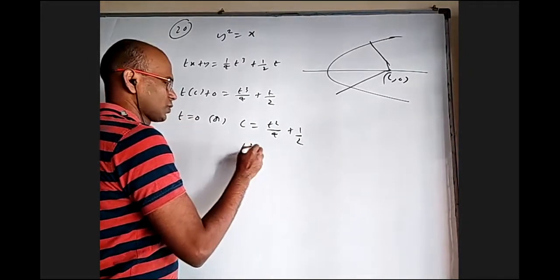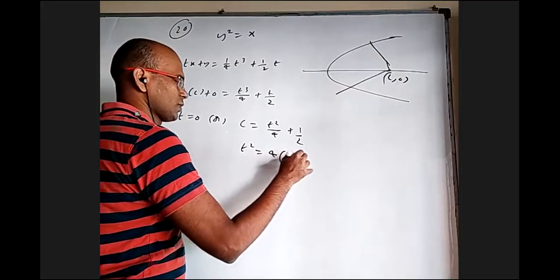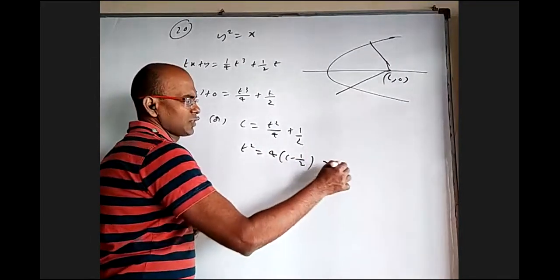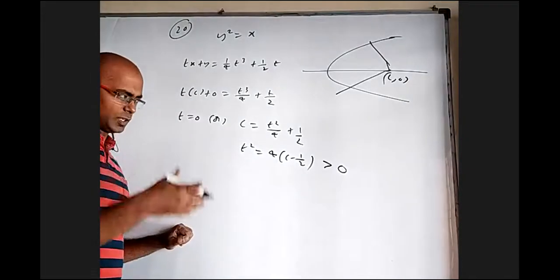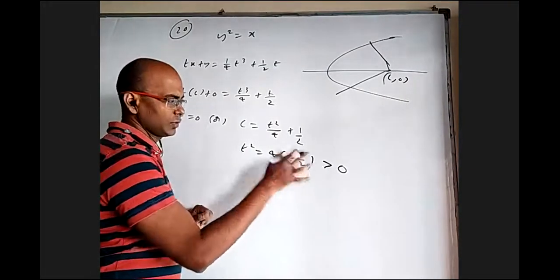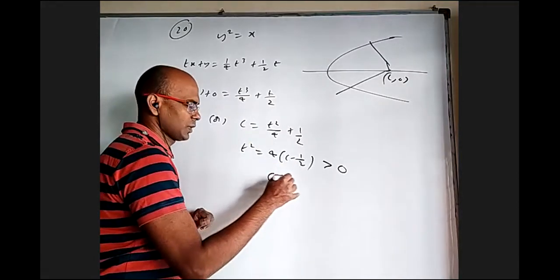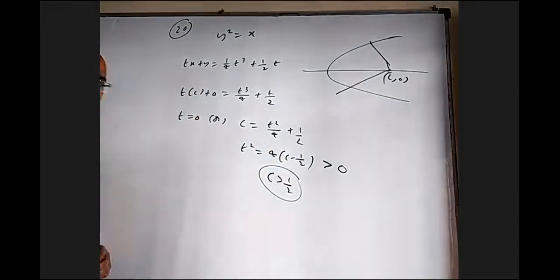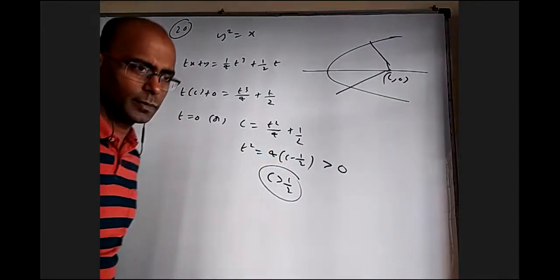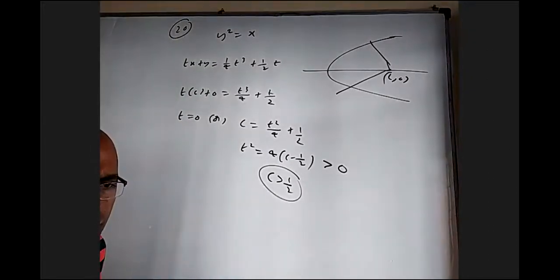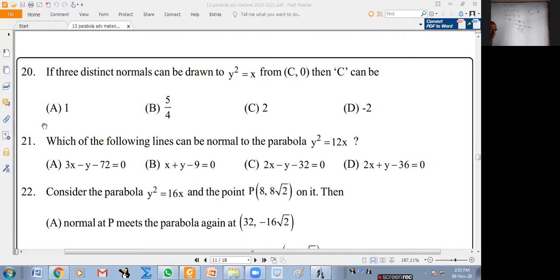So for that, t square is coming 4 times c minus 1 by 2. That should be greater than 0. If it is equal to 0, again, roots will be equal. We want distinct, not even equal to, only greater than. Because t square is there, it should be a positive number. Negative number, no solution. So c should be greater than 1 by 2. So any option which gives more than 1 by 2 is acceptable, which is beyond 2a basically. So minus 2 is not okay. Even 1 by 2 is also not okay. Anything more than 1 by 2 is fine.